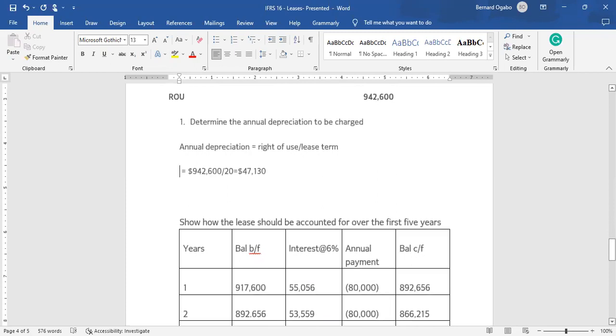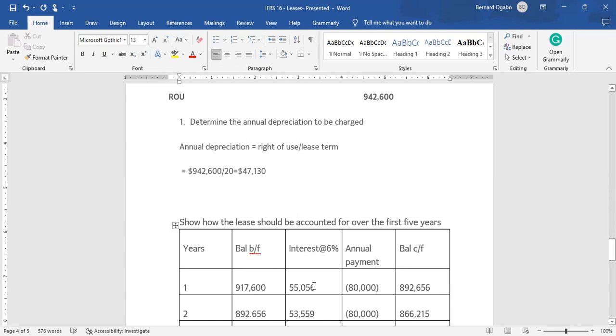So how do we account for the lease over the next 5 years? Now, I'm going to ask you some other questions below to give a broader overview to the kinds of questions you'll be asked in your exams. When you are to account for the lease liability over the life of the lease asset, one of the things that you can do is to ensure that you bring in the present value of the lease liability, not the fair value, not the right of use. So the present value which you calculated was